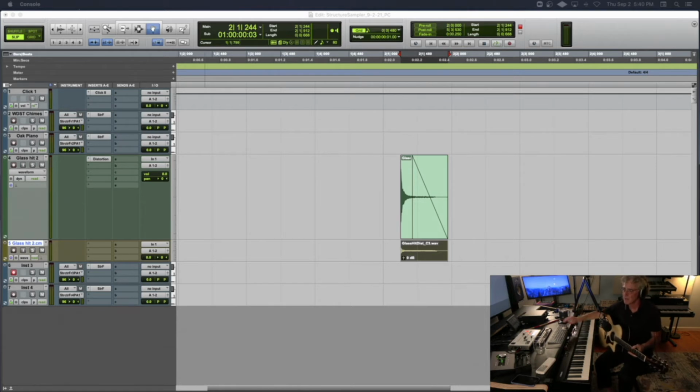All right, so I've got my acoustic guitar here. And I don't want to sample the entire acoustic guitar. That would take me forever. But let's say I wanted to sample the harmonics on the guitar, right? Which would be... So what we need to do in Pro Tools